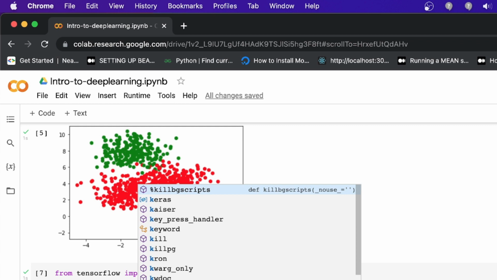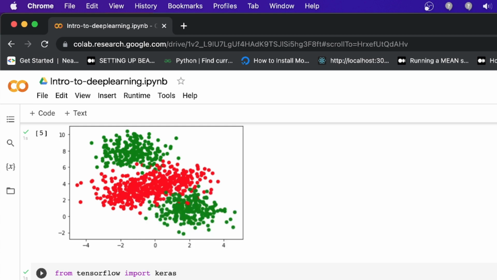Popular libraries are PyTorch and TensorFlow, but they are not enough alone to make a good neural network model. So I'm going to use Keras, one function called sequential. Just one second.